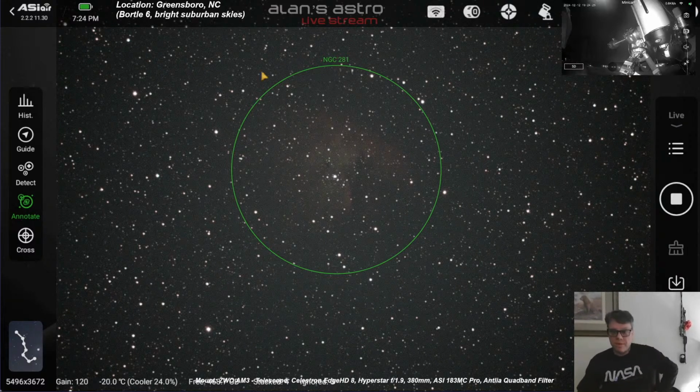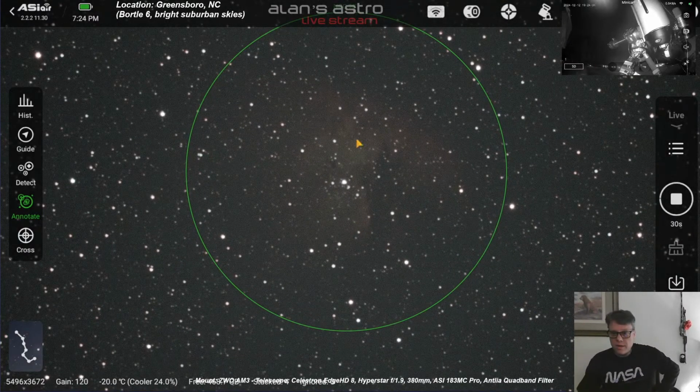All right, so if I zoom in here, surprisingly, we are just able to see this dark area here. I know this is actually one of the Bok globules. This section right here is a huge dark dust cloud that kind of forms the Pac-Man's mouth. And this nebulosity, if I'm not mistaken,